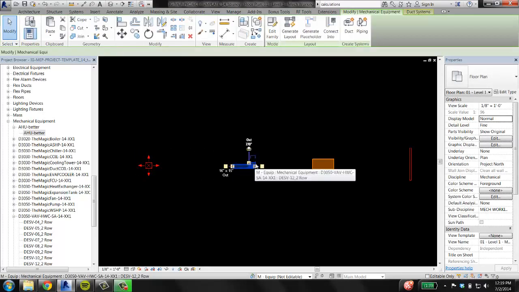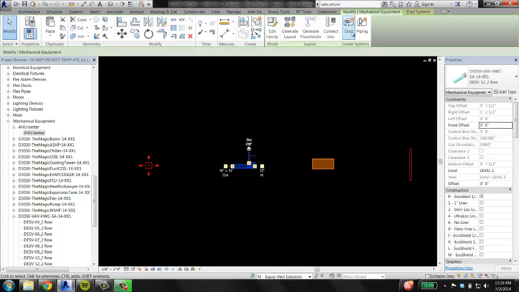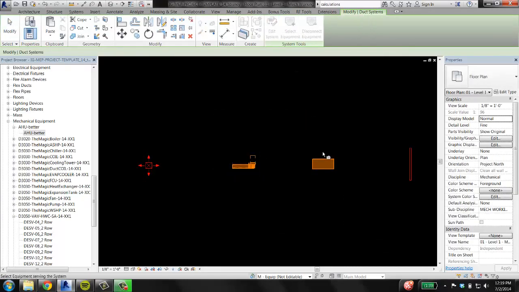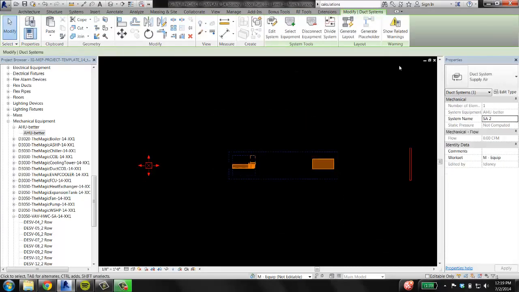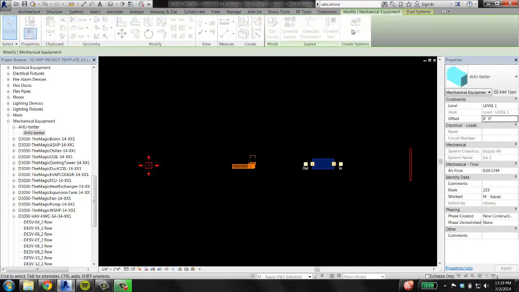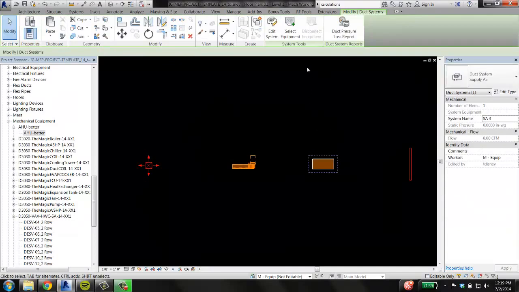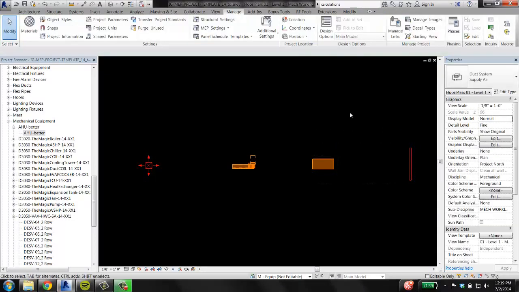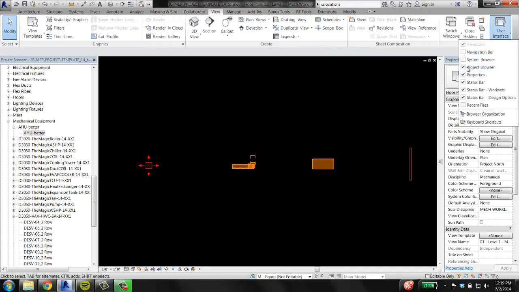Then I'm going to click the VAV, say create a new duct system. I'm going to select its equipment to be the air handler. And then I'm going to select the air handler, say create a duct system, and its equipment is going to be this guy. So if we go to the system browser,